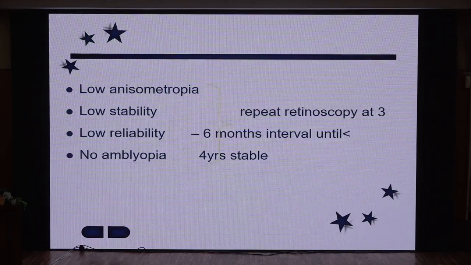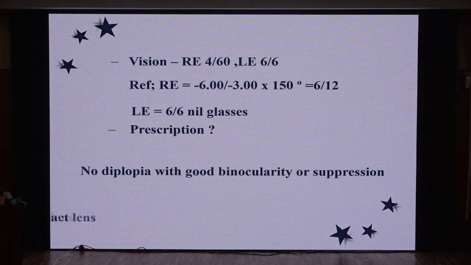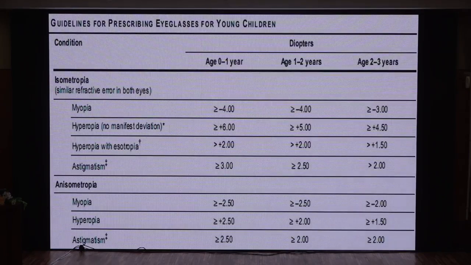So you must have seen this tabular form in a lot of presentations, or you must have gone through AAO guidelines, or a lot of prescription guidelines for children. These are the joint guidelines which have been prescribed by the American Academy of Ophthalmology and the American Association for Pediatric Ophthalmology and Strabismus. So if you basically look at this,